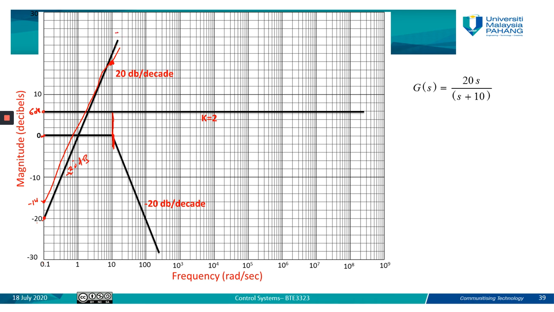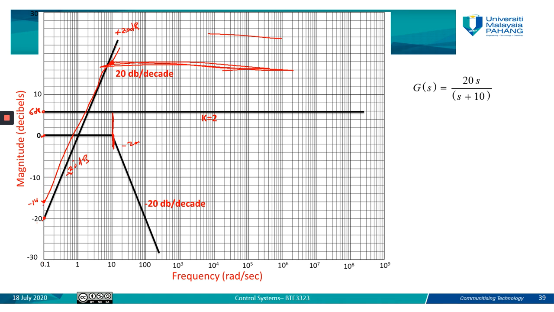positive 20 dB coming from the derivative, I mean the zero at the origin, and negative 20 dB coming from the first order pole. So since you have positive 20 dB and negative 20 dB, the slope at this point will be plus 20 minus 20, which is 0. So the line will go straight without slope. When the line is horizontal, that means the slope is 0. There is no slope, because we have positive 20 and negative 20, we combine them, so the result will be